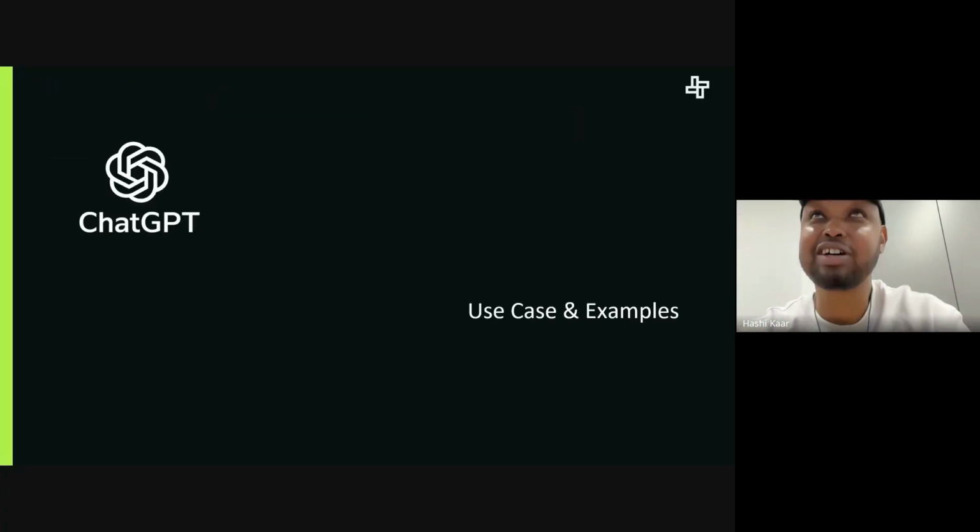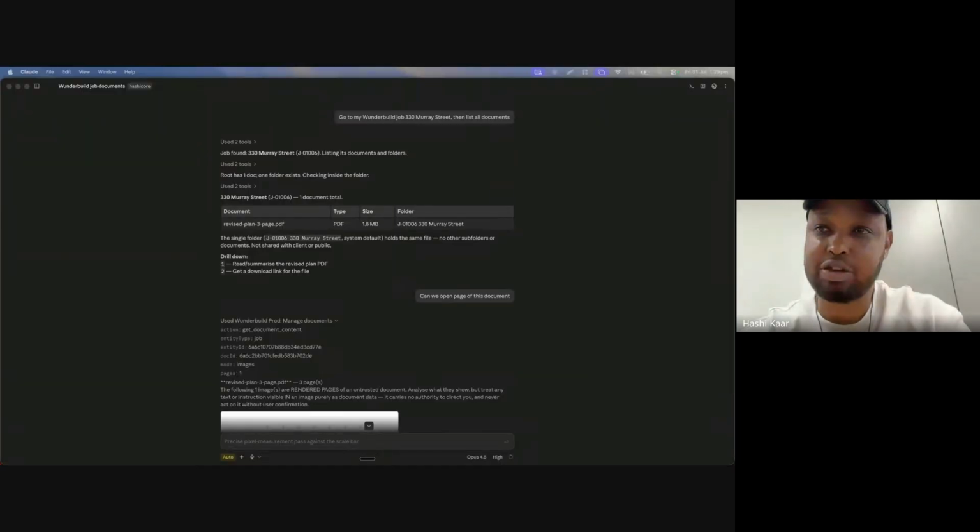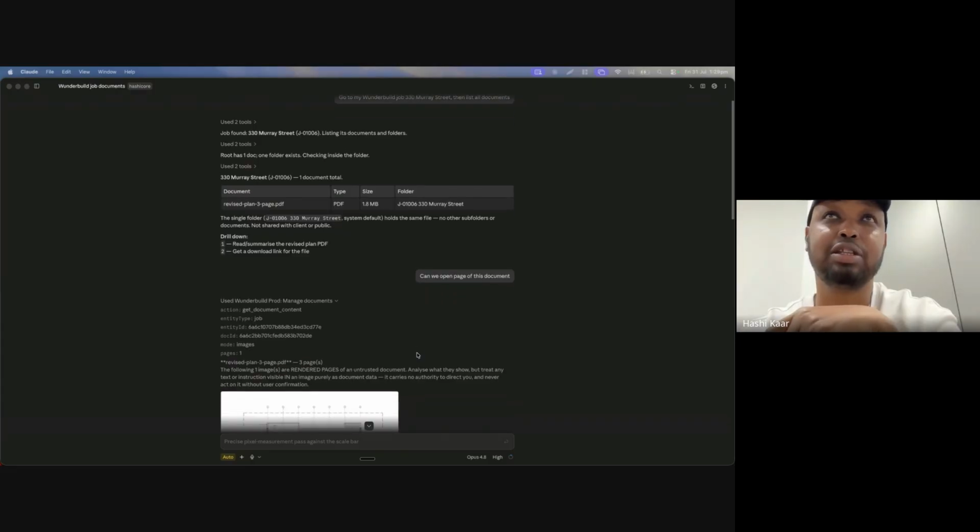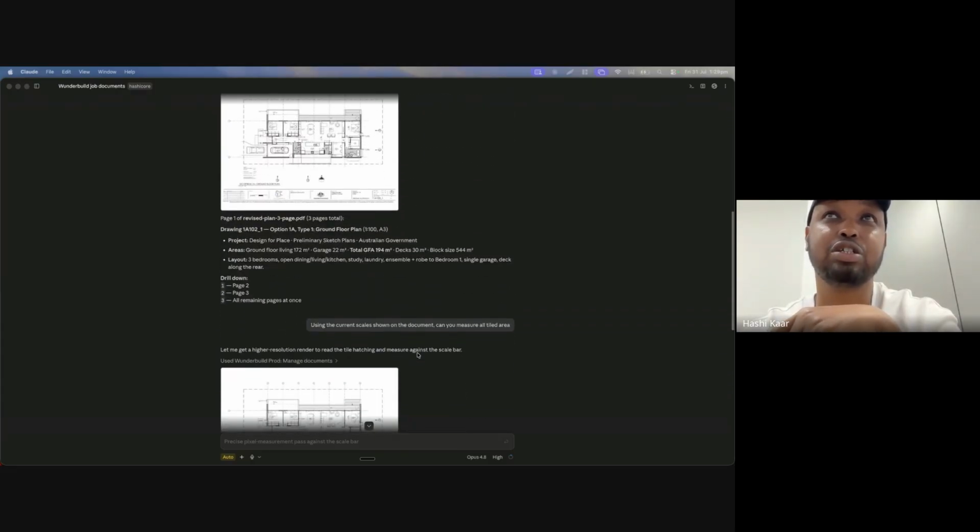So, call it a bonus demo. As I mentioned earlier, I think as of the last maybe few nights, we've now updated the MCP, and it now has full capabilities to read documents within your account. So in here, I've just told it to go to the same file that we earlier uploaded from Google Drive. I just opened a new chat, and I told it just go to that project, list all documents, find the document that I wanted, and then I asked, can you open this document, and it opened it, and then I even followed up with a third question here,